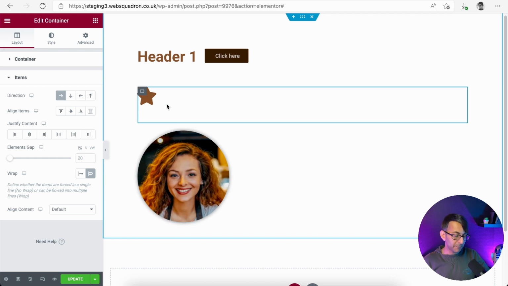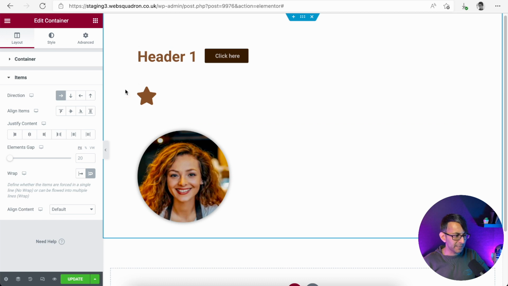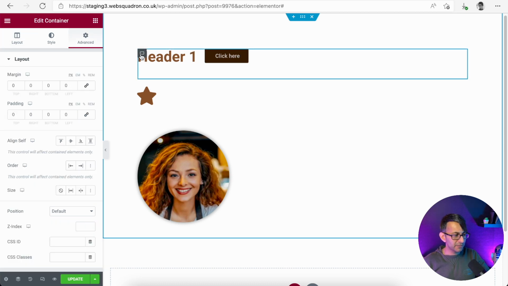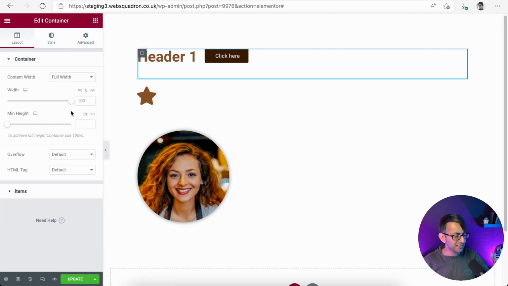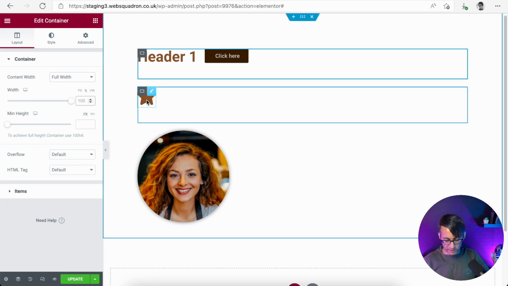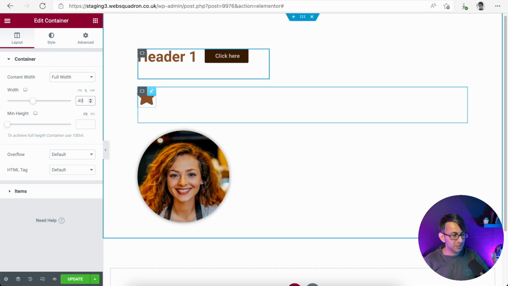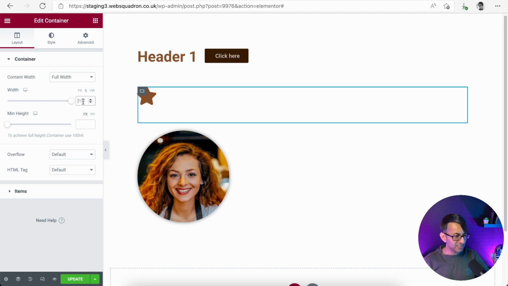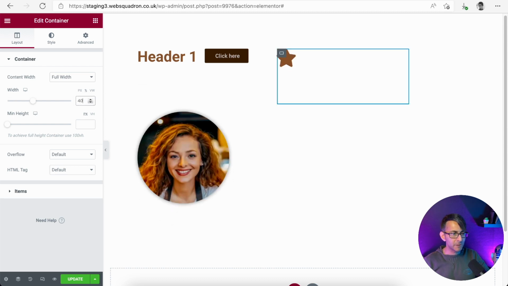The wrap. However, the icon is still not there. We need that icon to be up here. So we are going to go over to the child container, go to layout, and set this to a percentage width of 40% for now. I'm also going to go over to container 2 and give that a percentage of 40% as well. By doing that, can you see what's happened?